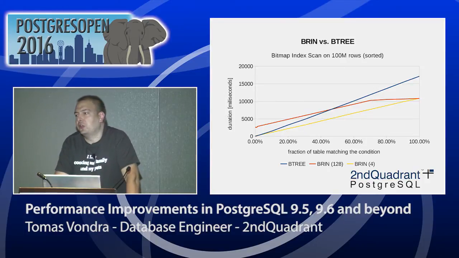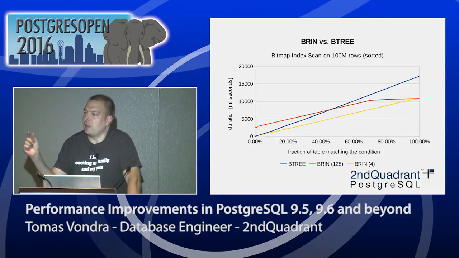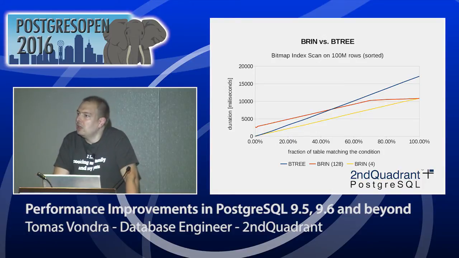It's linear because the table is perfectly correlated with the index most of the time. The yellow line is a BRIN, which only keeps a summary for 4 pages at a time. And each page is like 8 kilobytes, so this is like 32 kilobytes of data. And you can see it's faster from the beginning than a B tree. And if you use the default BRIN configuration, which is using 128 pages, which is like 1 megabyte